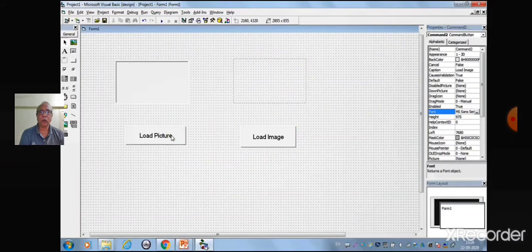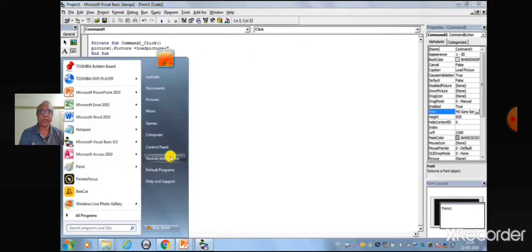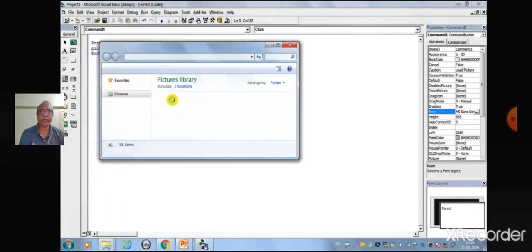Double click on Load Picture and we will write code as Picture1.Picture = LoadPicture(. Here we have to select the picture where our picture is located.